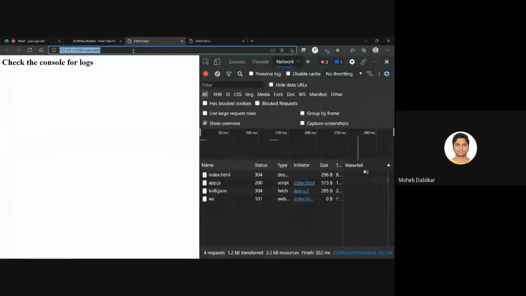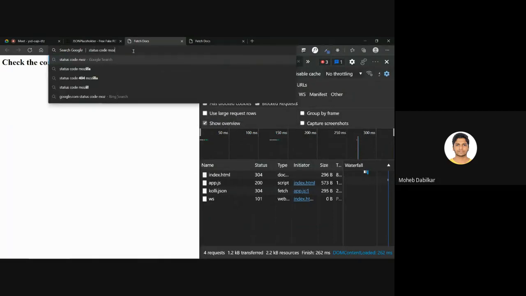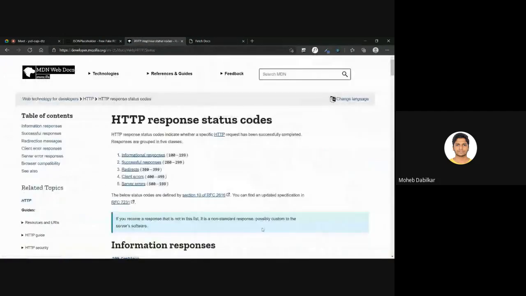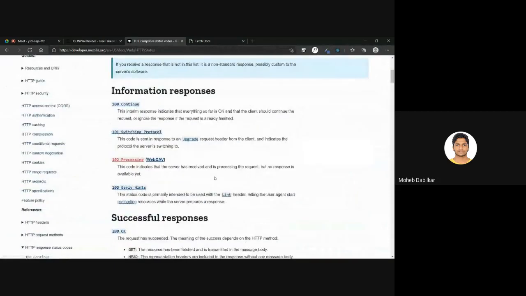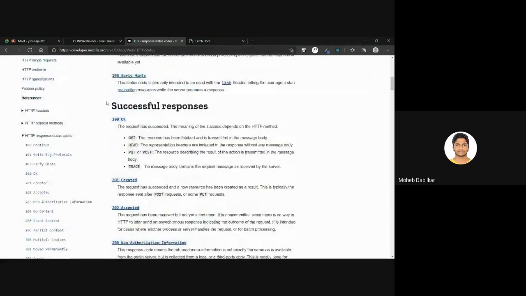So right now, if I go to Google and search for status codes, I will prefer Mozilla right now. So yeah, we have HTTP status codes. These are codes that you can use as you want, but there are some standards. For informational responses, the browser should know, or a web developer working in the backend should know, we use the 100 range. And then for successful responses, we have 200.